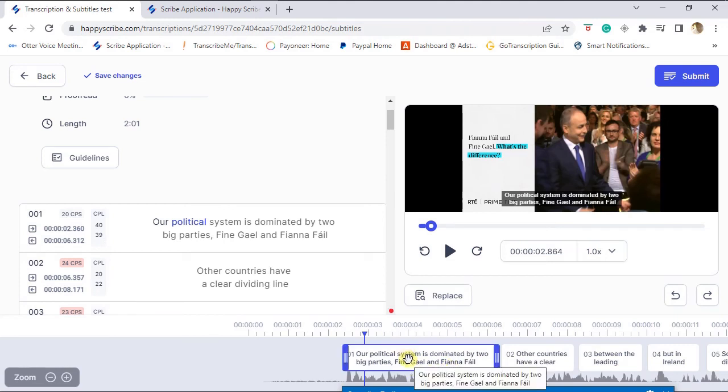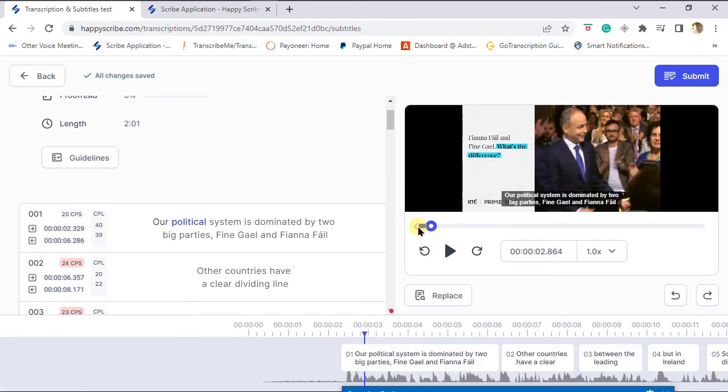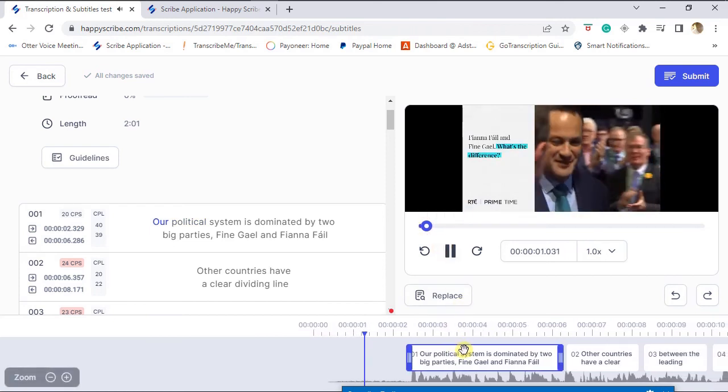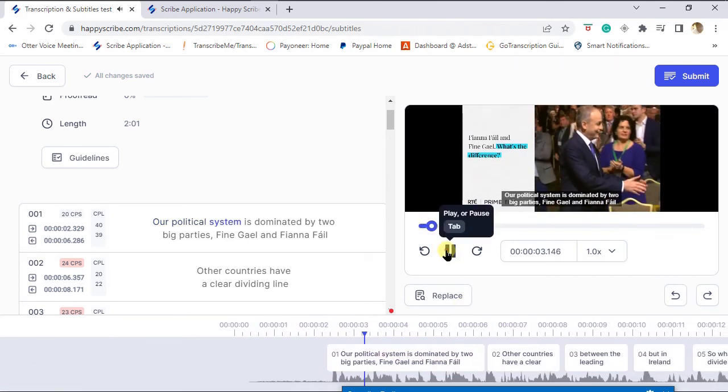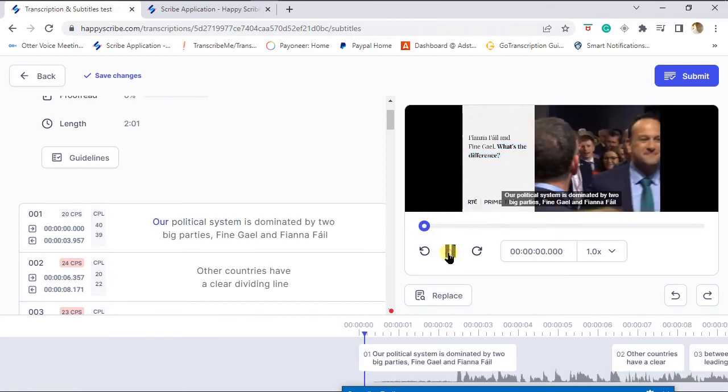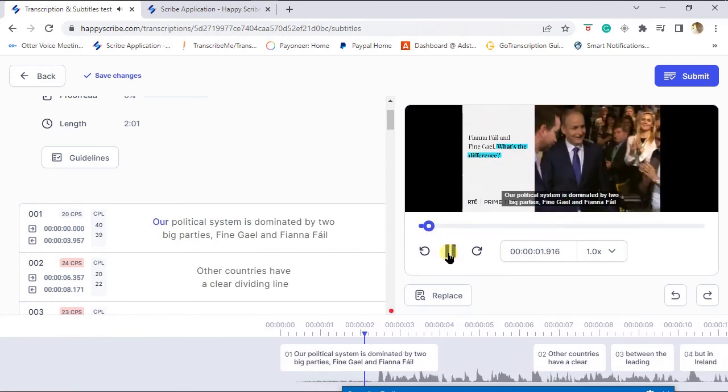So if I want to make sure that it's in sync with the video, I have to move it to the left or to the right to make sure everything is fine. So that's what you need to do if you want to sync it. So let's see this. Let's say I move it too much to the left, and let's start from the video again to see what's happened. You see,